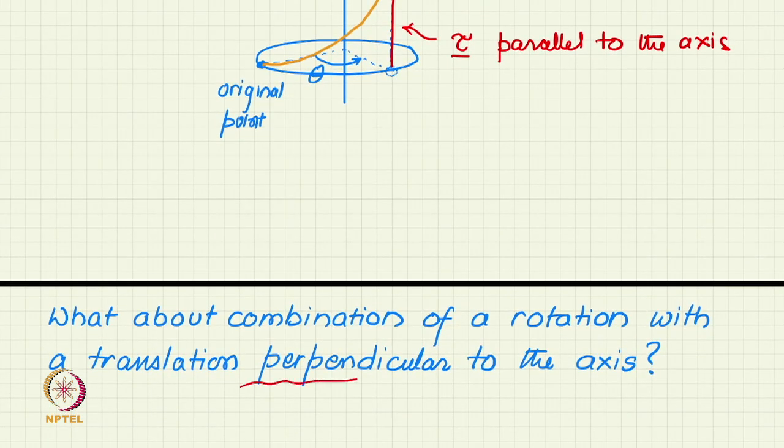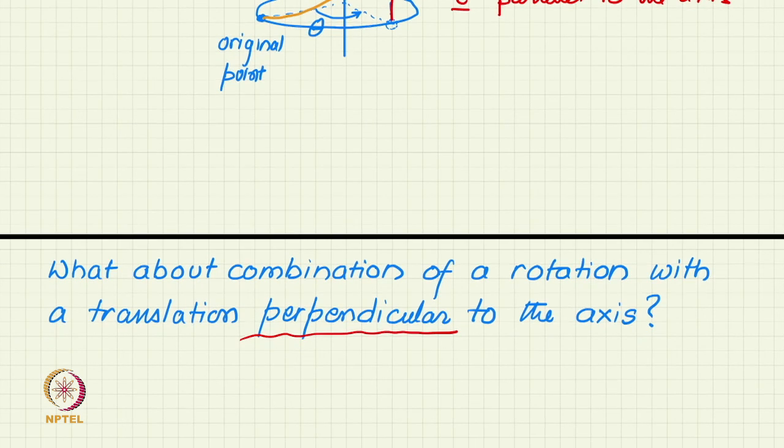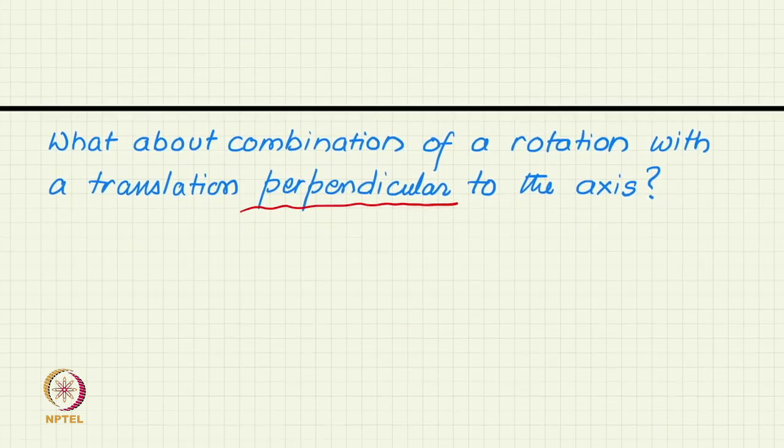Why not perpendicular? Can we not combine a rotation operation with a translation perpendicular to the axis? In fact, we can, and in a space group this kind of combination is always possible. However, here if we have a rotation axis and we combine it with a translation which is perpendicular to the axis,